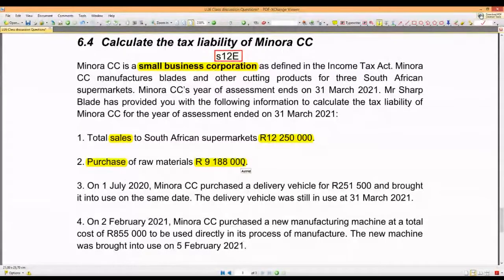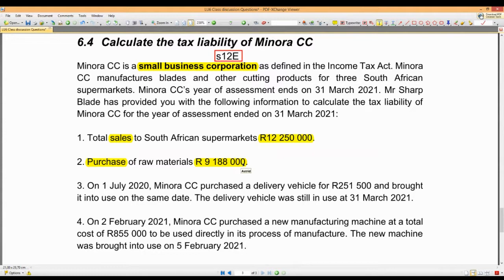You take the amounts as is. Okay, so only when they tell you specifically amounts are inclusive or exclusive of VAT, or we are registered for VAT, do you bother to do anything with the VAT? Because a lot of students, for example, took this 12 million and then removed VAT,